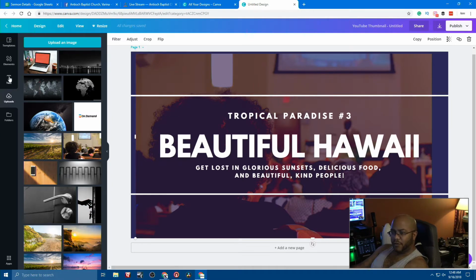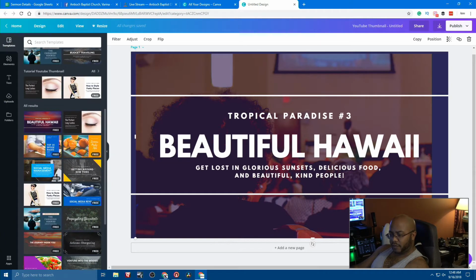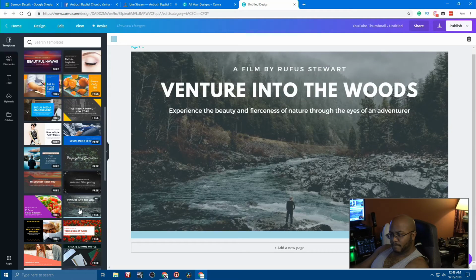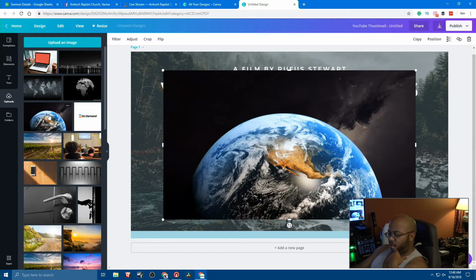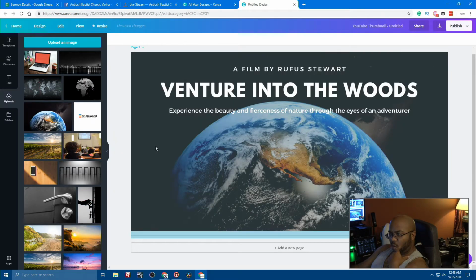So let's go here and pick a different template, shall we? Maybe we can find something that's not giving us as many issues. Alright, let's try this one. And let's go to our pictures. I don't want the globe there, I want it in the background. Yeah, so let's stick with this one. So what I'll do here is say